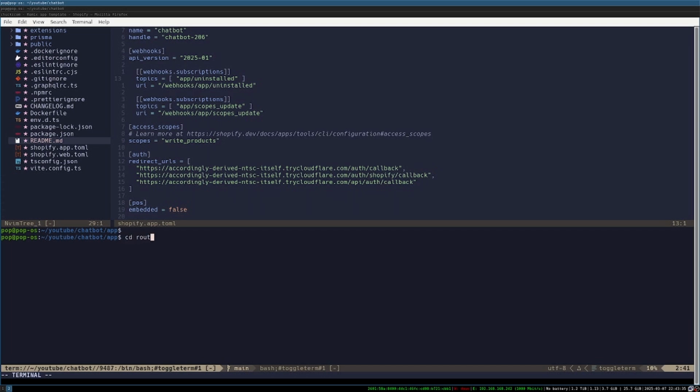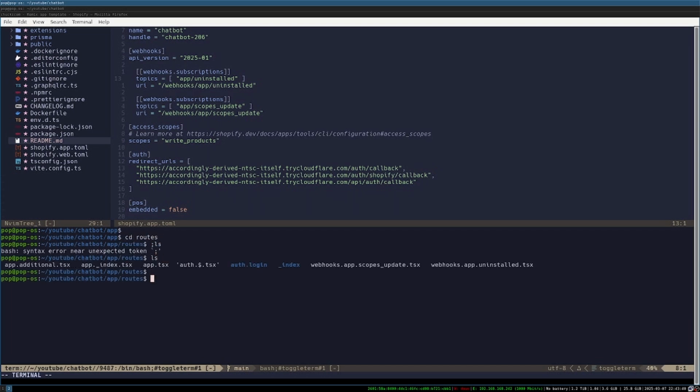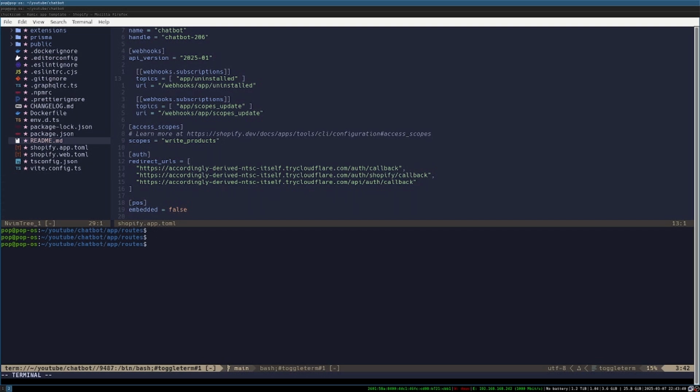Here I'm gonna go to routes, and then inside here the first thing I'm gonna create is the API to call my chatbot, or should I create the widget first? Let's see. Let's make dir api.chat. Let's cd into api.chat, and then inside here we're gonna create our API. Okay guys, so let's touch route